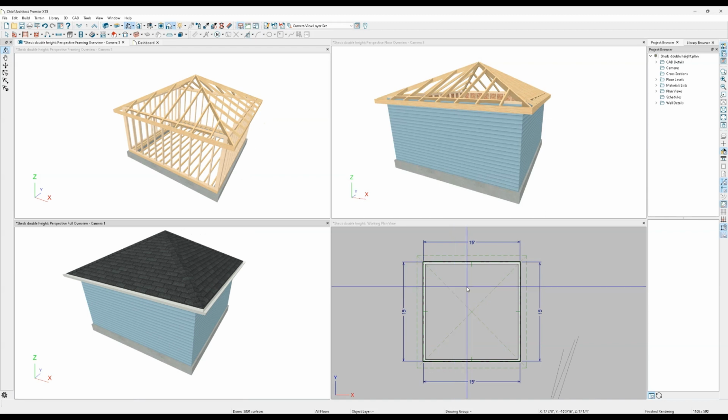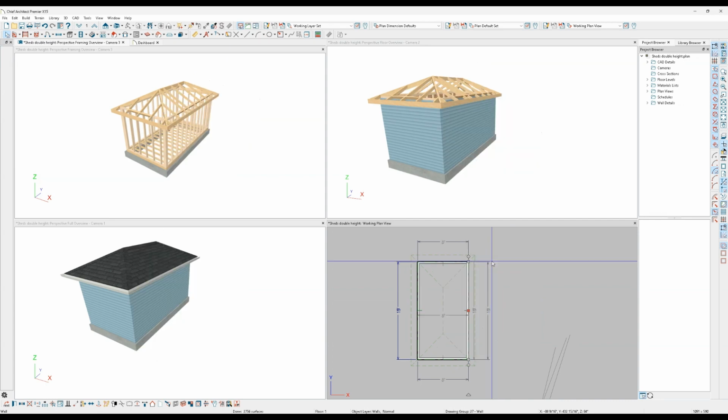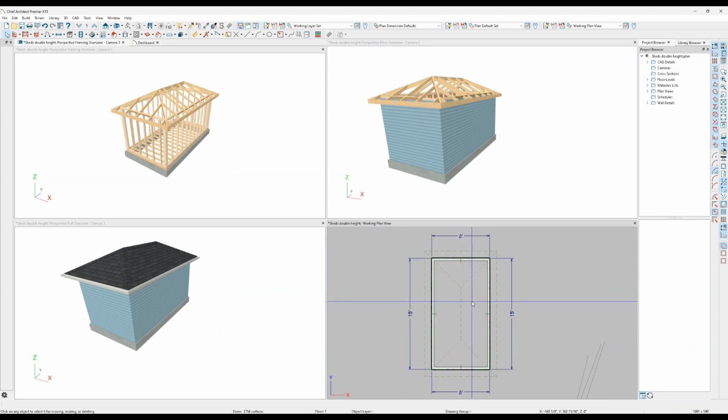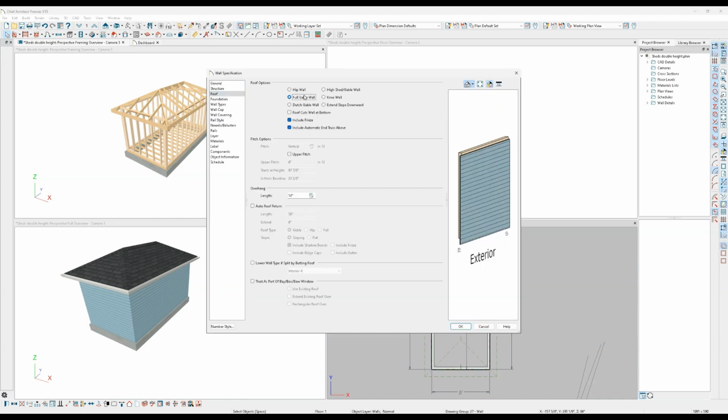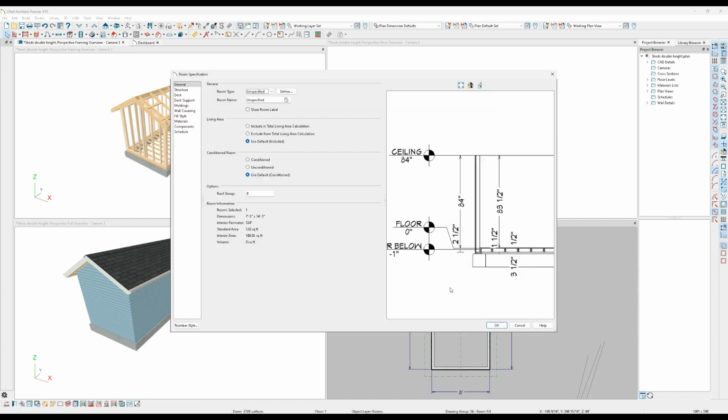Okay, so the first thing I want to be able to do is we need this thing to be 120 square feet. So we're going to select this wall right here, and we're going to click 8 feet. And now it's 8 by 15. Now, for the sake of space, I'm going to open these two walls and make them gables. Now I'm going to open the room itself, make sure my height is 7 feet. I click OK,